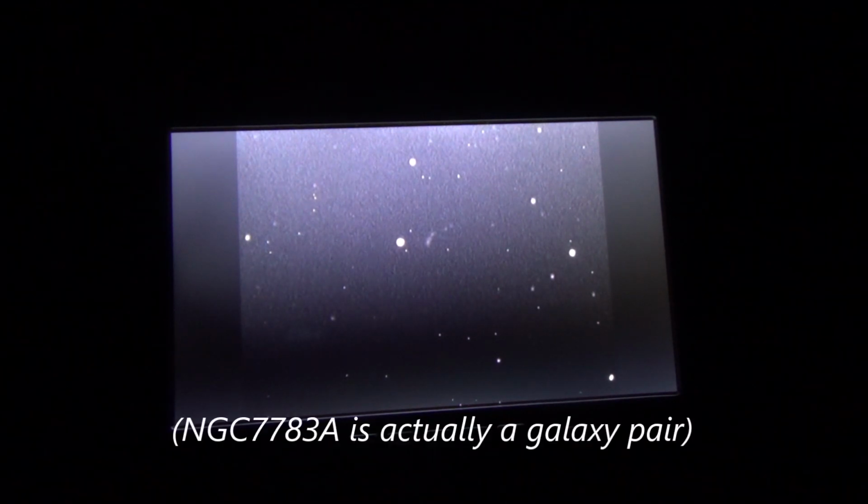NGC 7783A is peculiar because it's not associated with 82. It's a galaxy in Pisces, quite distant, or at least 8 degrees distant from our last galaxy, 7782. Its magnitude is 14.1, 1.3 by 0.6, an obliquely presented spiral of the lenticular type, 351 million light years distant, which probably puts it at about 110,000 light years in diameter. It's at pretty much right on the celestial equator, and we're about 6 minutes of degree of angle from the